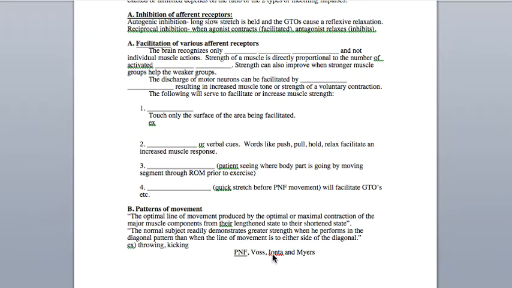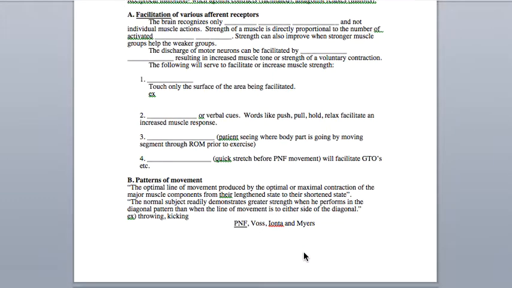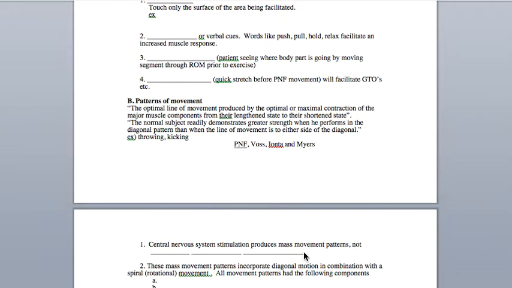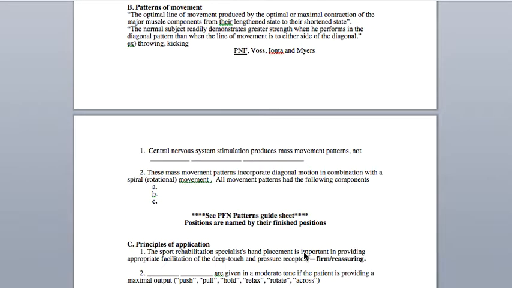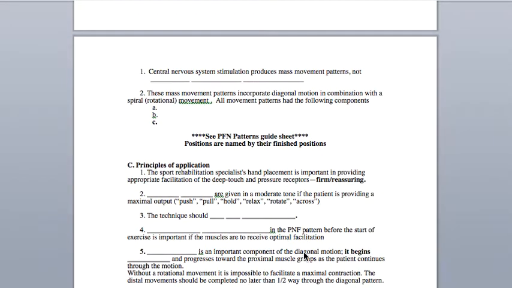Voss, Ianta, and Myers are 2 of the leading researchers and PTs in PNF. If you go on to PT school, you'll study them a lot. A few more notes